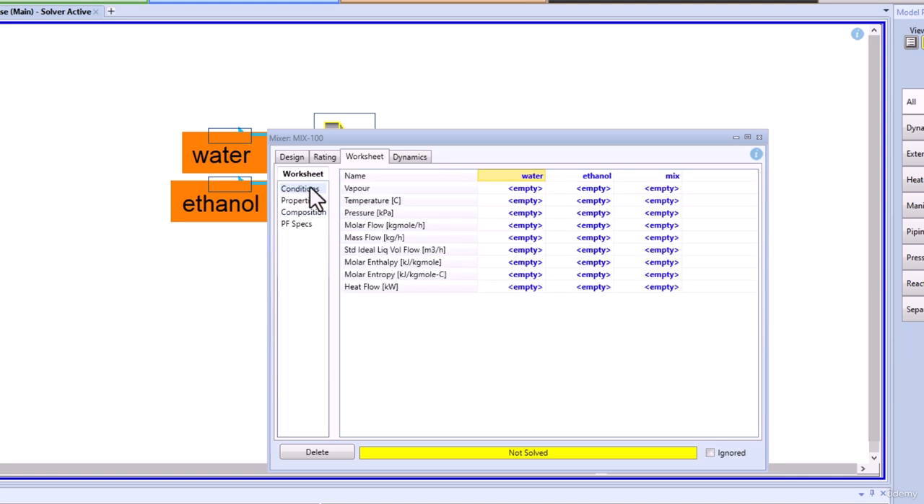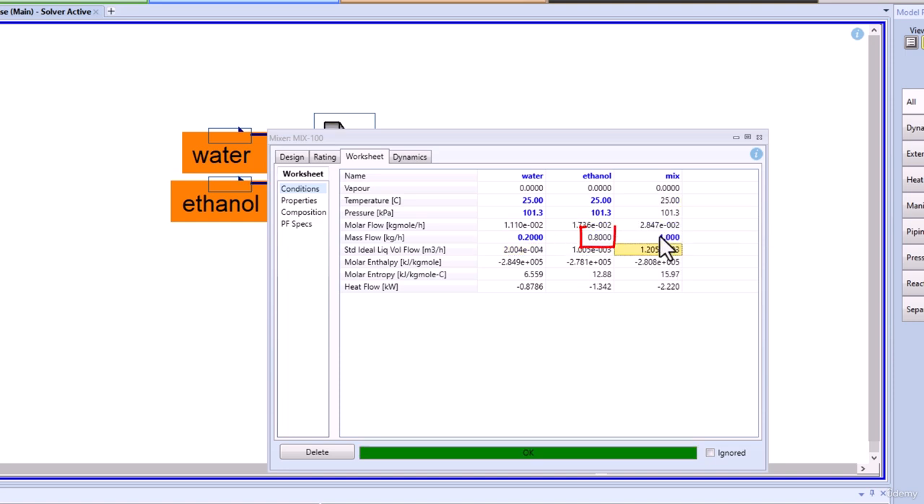Then go to the Conditions tab. Set the temperature to 25 degrees Celsius and pressure to 101.3 kilopascals for both the water and ethanol streams. Next, for the mass flow rate, type 0.2 kilograms per hour for the water stream and 1 kilogram per hour for the mixed stream. HYSYS automatically calculates the ethanol flow rate as 0.8 kilograms per hour to satisfy the total